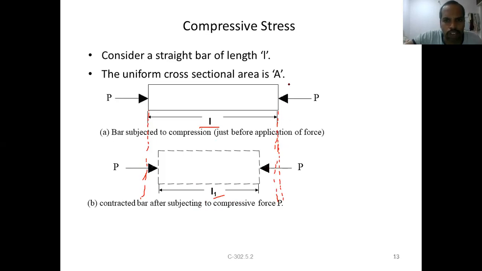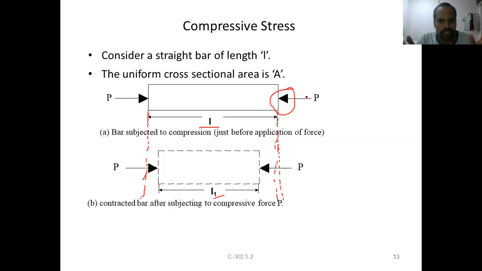Because what type of load is it? A compressive load, which means pushing the member. It is also called a push. Tension means pull; this means pushing the member. Because of this push, the size decreases and the length decreases. So some change in dimensions takes place because of this compressive load also.